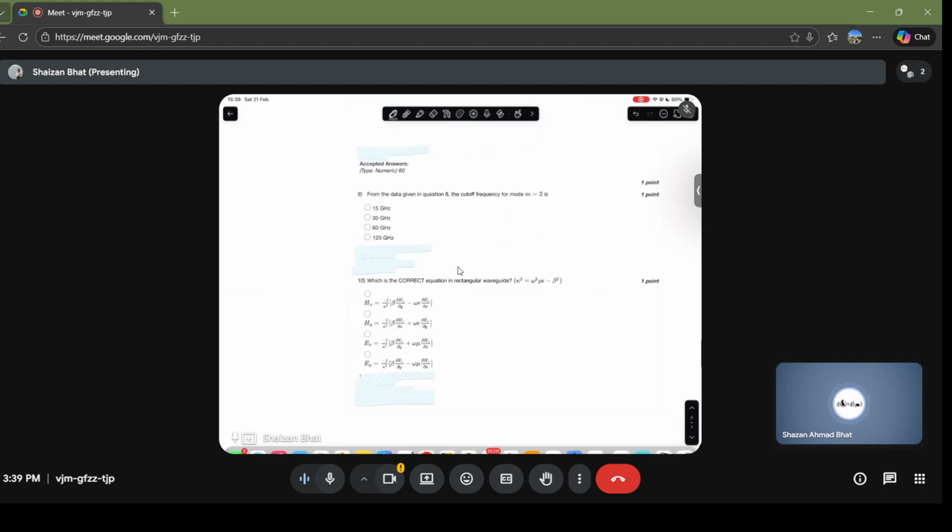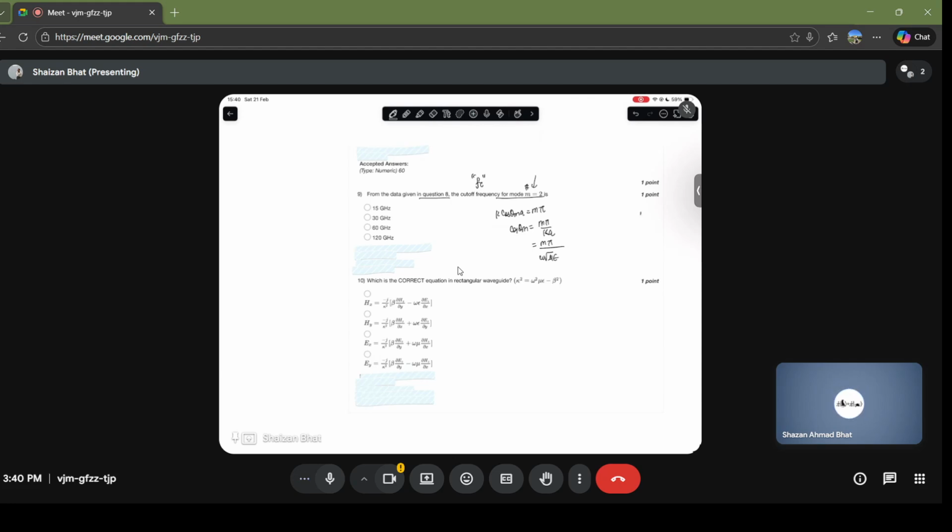Now moving on to question 9. For the given data in question 8, the cutoff frequency for mode m equals 2 is what we need to find. How are we going to find the cutoff frequency? You know that k times cos theta m times a is equivalent to an integer multiple of pi. That means cos theta m is equivalent to m pi over ka, the same equation we used previously. That means it's basically m pi over omega under root of mu epsilon,